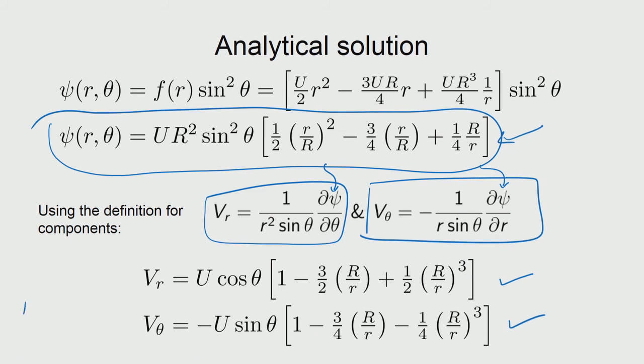So, this is basically the exact analytical solution for the Stokes equation for the limiting case of creeping flow, okay. So, for creeping flow over a sphere. You can see that the number of steps taken to arrive at the velocity components is way more than what it had taken for problems in the rectangular coordinate system.